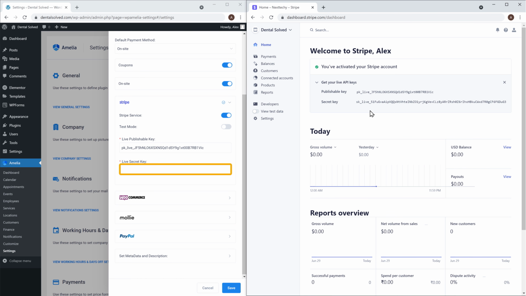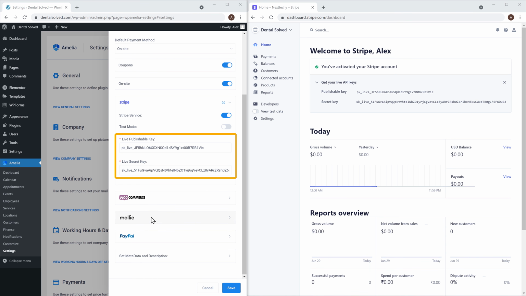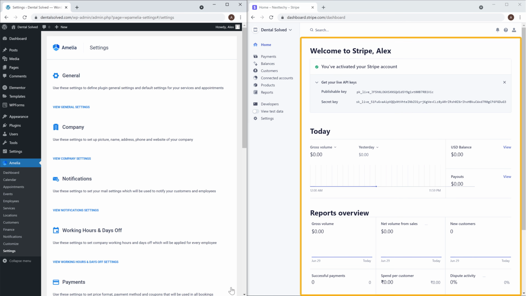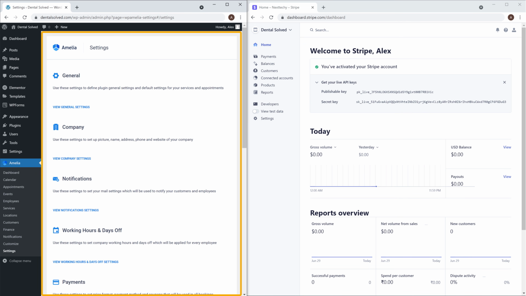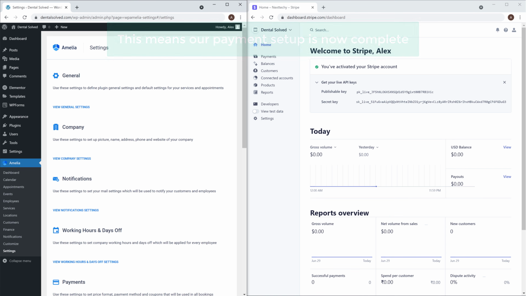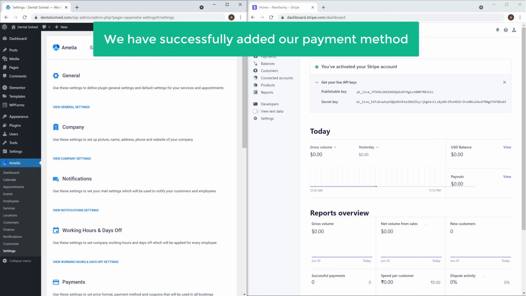And paste it here. Once you have entered these details, just click Save. And as soon as you click Save, your Stripe account will be connected with your website. So this means our payment setup is now complete. So now we have successfully added our payment method.